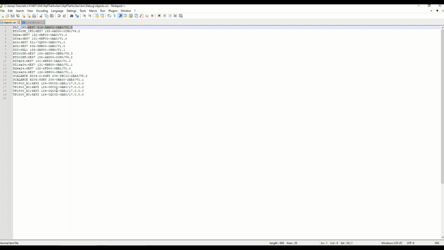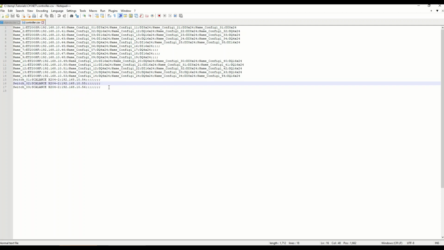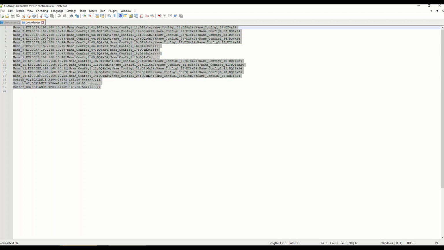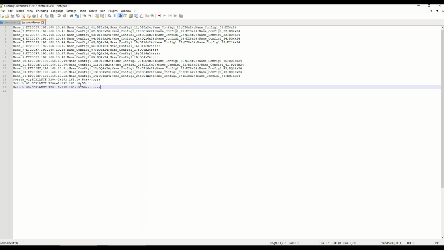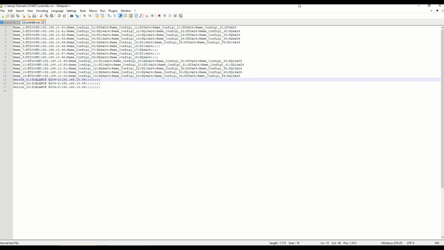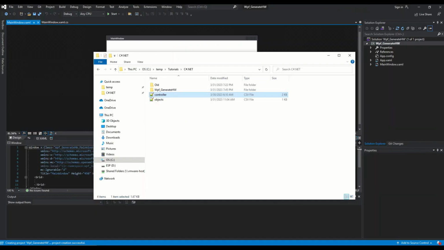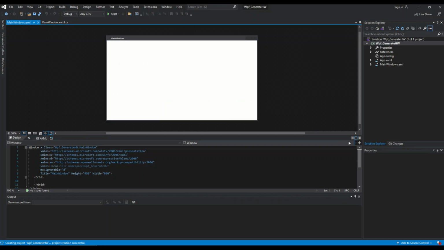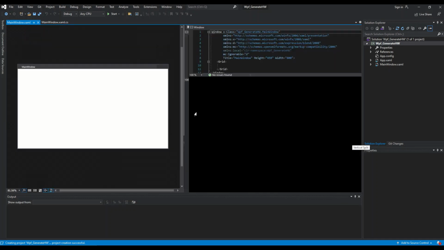And using this list, we're gonna import a second list, which is gonna be the list that is gonna contain the names and the identifiers that we're gonna use to generate the elements that we have in the hardware configuration. Okay, so let's just go to the Visual Studio